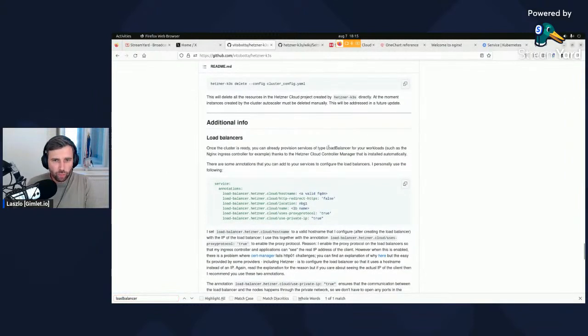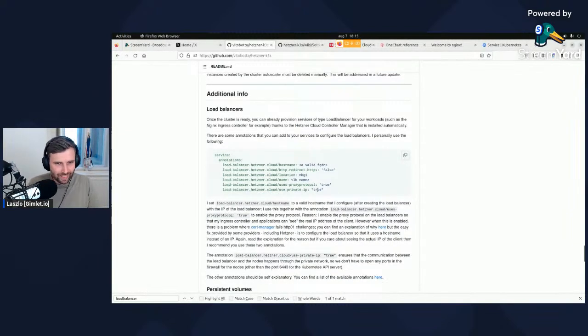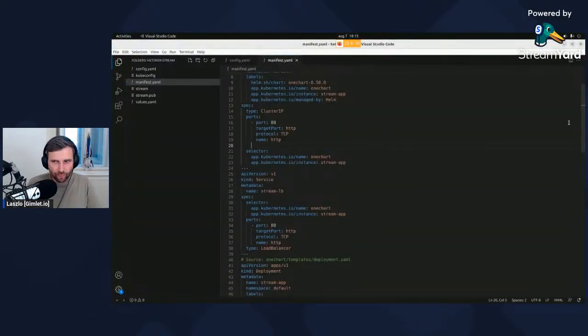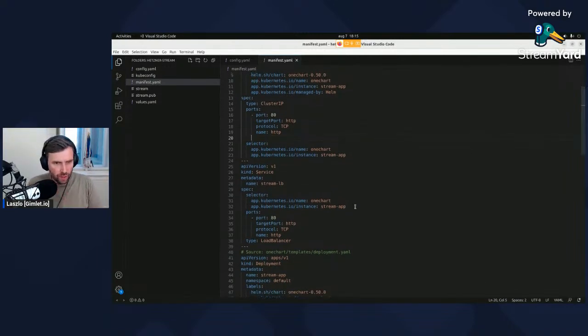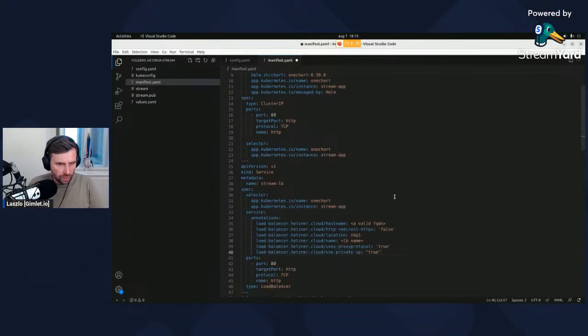You can provision load balancers, yes. That you can add, let me add that you have to add service annotations. I think I'm going to do a blog post about this with best practices for Hetzner once this is all done. But this is just how I explore things and discover things. So service,